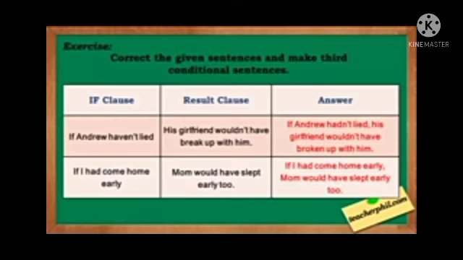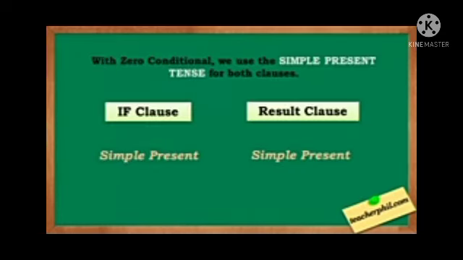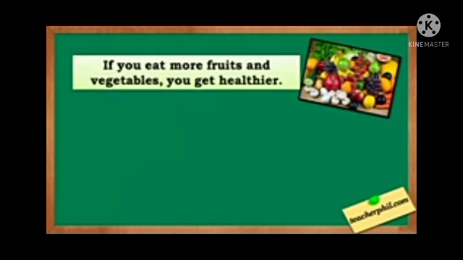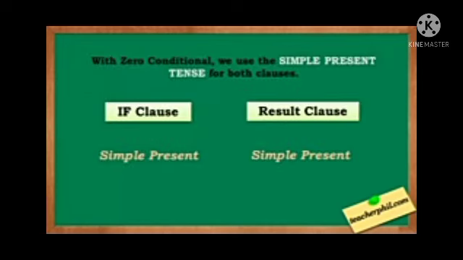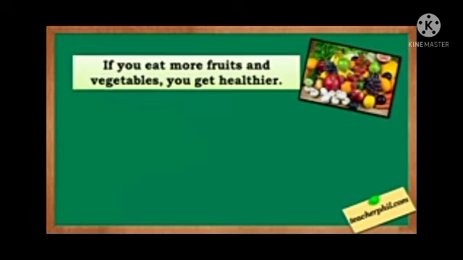Now see some of the examples with these given sentences. Now come to the zero conditional. With the zero conditional, we see that we use type zero conditional to describe general truths and scientific facts. One thing follows another automatically. Its form is